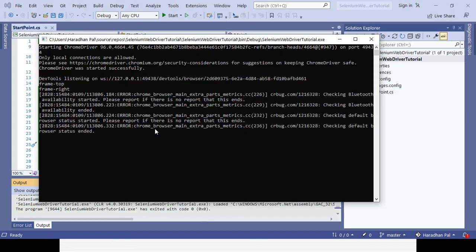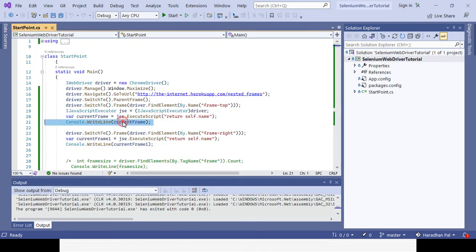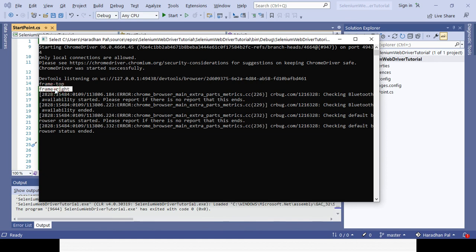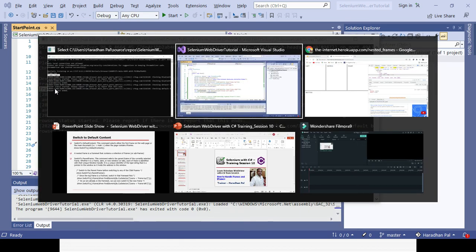First it is navigating to the parent frame. You can see here frame-top is displayed as the current frame. After that you navigate to the nested frame, and the current frame shows frame-right. So you can see this is being displayed. Okay, so that's how you can handle the nested frame.